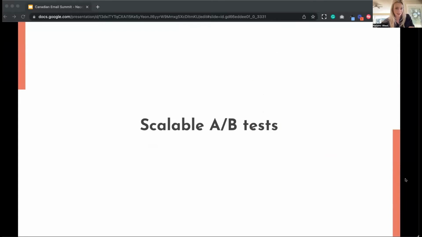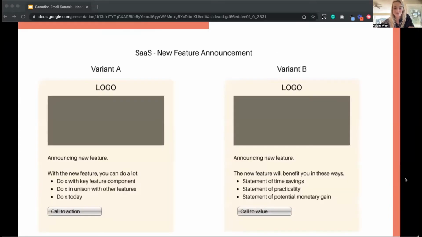So this is now the time where I get to go through some really fun use cases. The first test that I want to talk about today is a test that I ran at my last organization when I worked at Invoice2Go. And I find working in SaaS, there's always new feature launches, right? You get all these emails saying, we've launched a new feature, do this, do that. And it's hard to sometimes pinpoint the value as to why, as an end user, you might want to go and actually take that action. So what we tested here was during our quarterly feature releases, we flipped every action-based statement in the email to a value-based statement. So we're communicating why exactly the customer might want to use this feature.